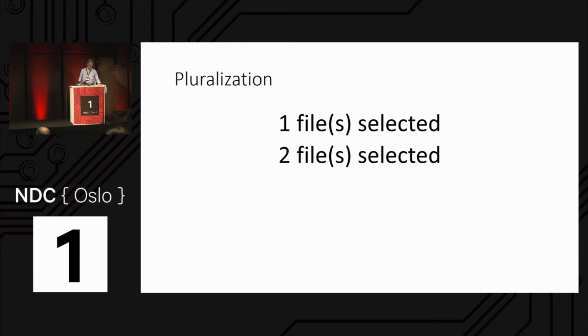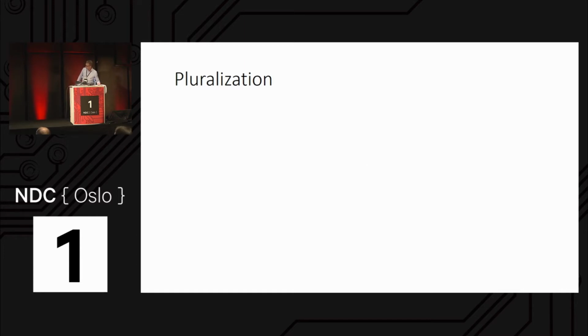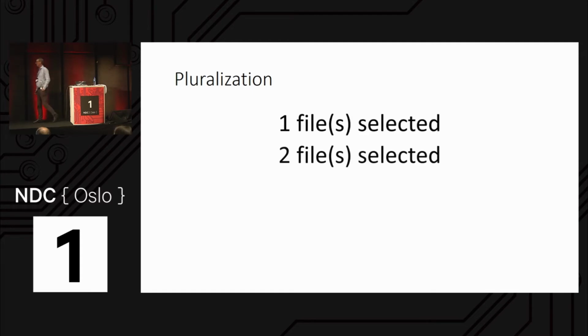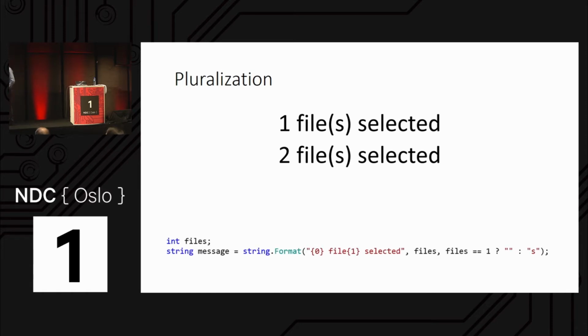Okay, next subject is pluralization. Back in the old days, the Windows File Explorer used to display the number of items selected like this, which I can see some people remember. It doesn't do that anymore, but it used to do that. And it sort of bugged me, because I was young and stupid and thought it would be very simple to just fix it by something like this. You can just prepend an S if it was not 1, because grammatically in English 1 is singular, everything else is plural. But of course it turns out there was a reason they cheated. This is actually a very hard problem.